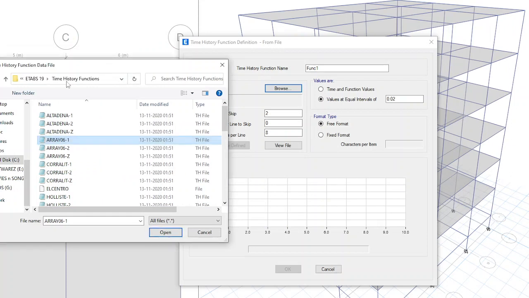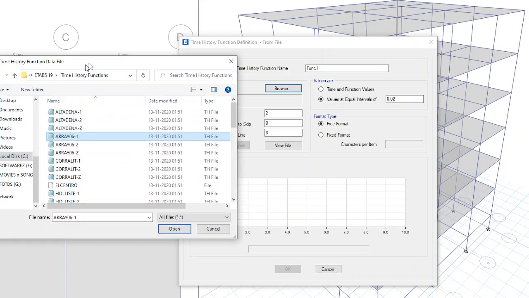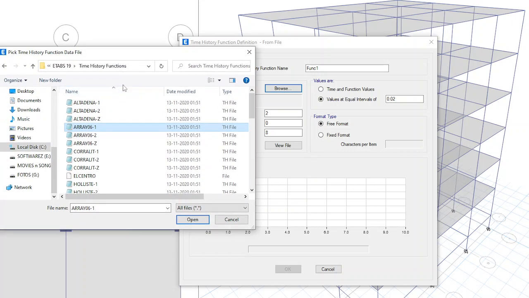Okay, you just move that WordPad aside, and then you have this folder, right? Pick time history function data file. In that, you have selected Array 061, no? Click on open at the bottom.